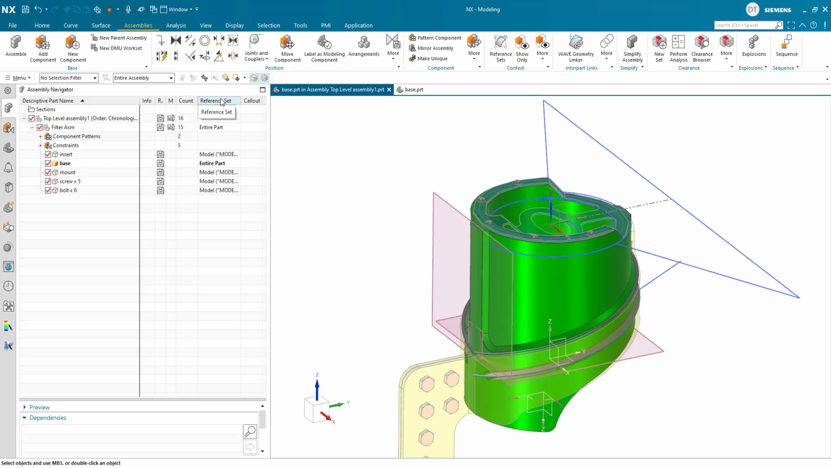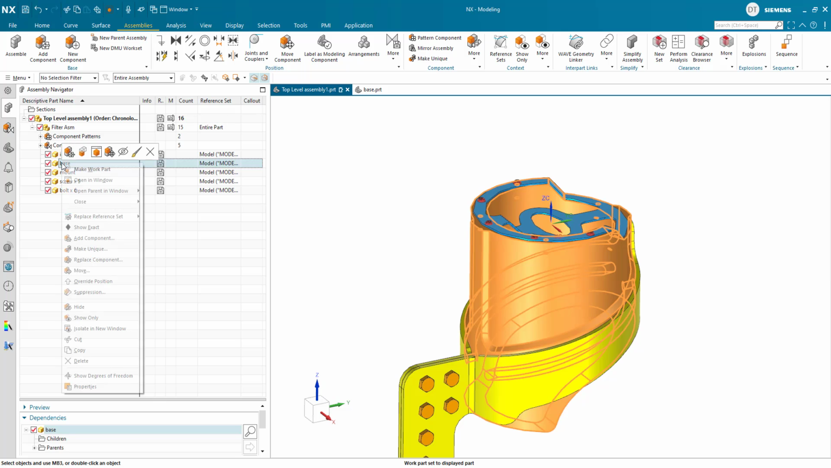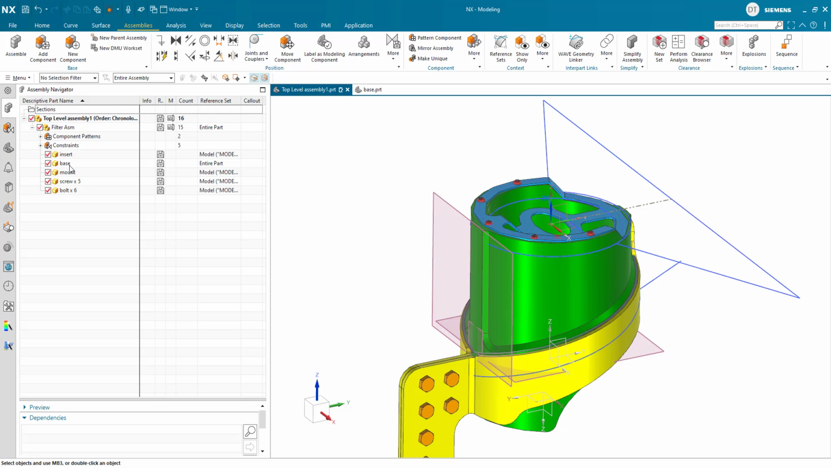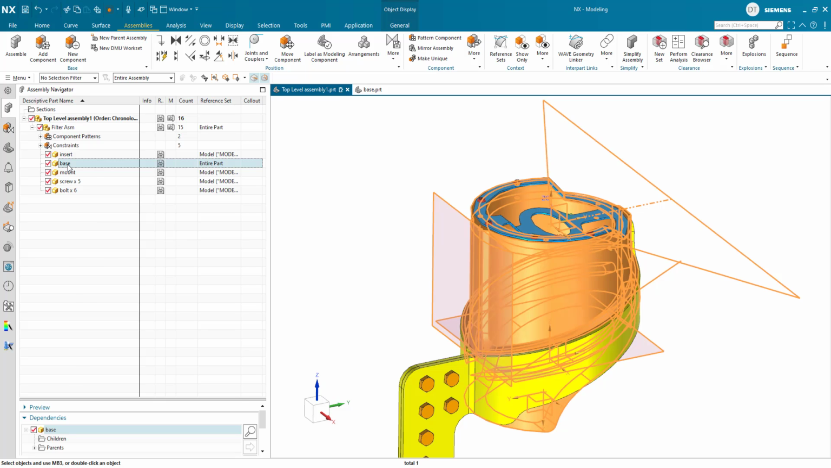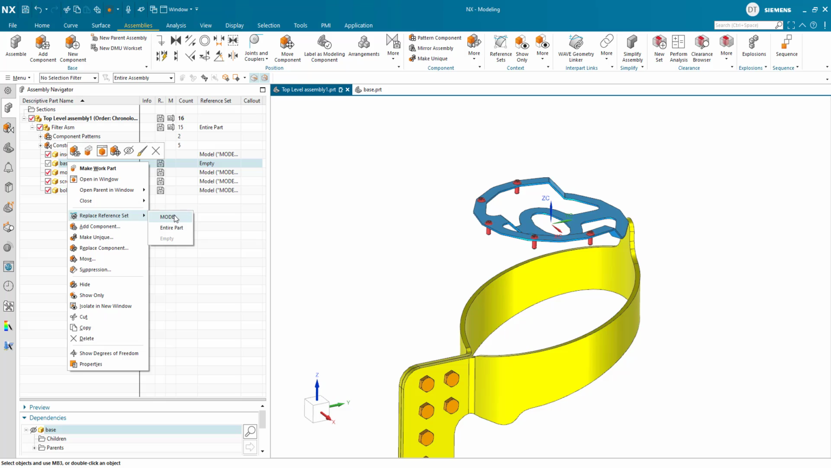So you'll notice reference set, it changes it to entire part automatically. Now when I switch back to the top level, then by default we can see the model. If I wanted to change this for some reason, I can right click, replace reference set, and I could say show me the entire part, even though it's not the work part. Or I can right click and I can say make this one empty, don't show it to me. Even when I try to show it by clicking on the box, of course it says nope, you can't, that's part of an excluded reference set. So I'm going to set this back to model,